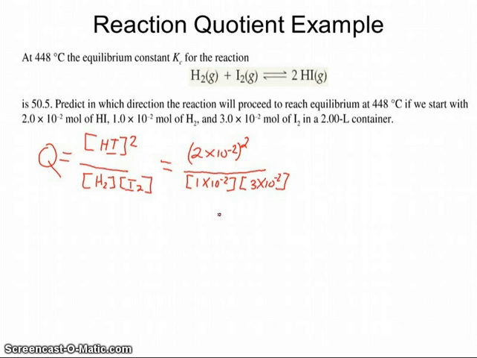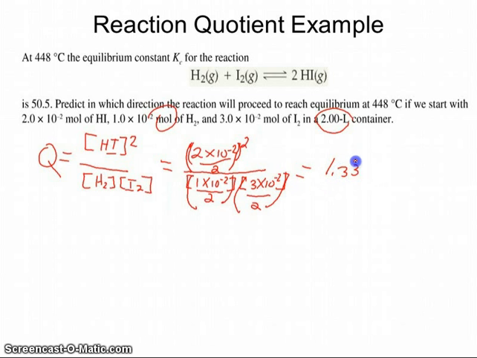And all of these are in a 2-liter container, so essentially all of these must be divided by 2, because they don't give me concentrations up here. They give me moles, and they give me the volume of the container. So I'm going to divide everything by 2 in order to have molarity. This 2 is inclusive, it means divide this entire amount, then do any squaring or whatever else we need to do. Okay, and if we do that, we'll see that Q happens to be